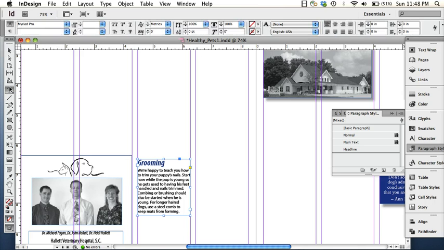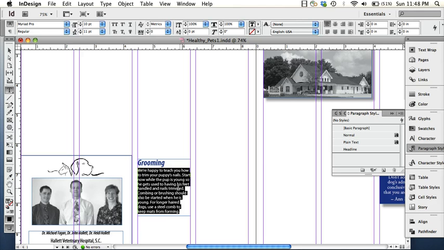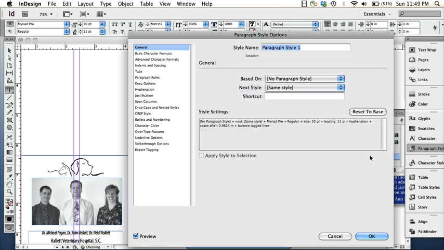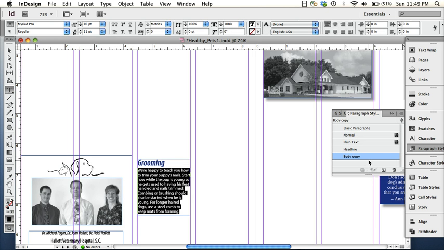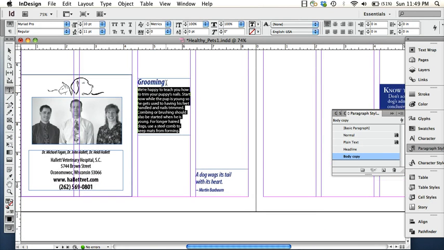And then we're going to create one more paragraph style by selecting the copy, and we're going to use that to create a second paragraph style and name it body copy, because that's going to be the main copy for the whole newsletter. So most of the text will be in that style. And then just hit, I think based on no paragraph style again, ignore the shortcut, hit OK. And should be good. So if I were to take grooming